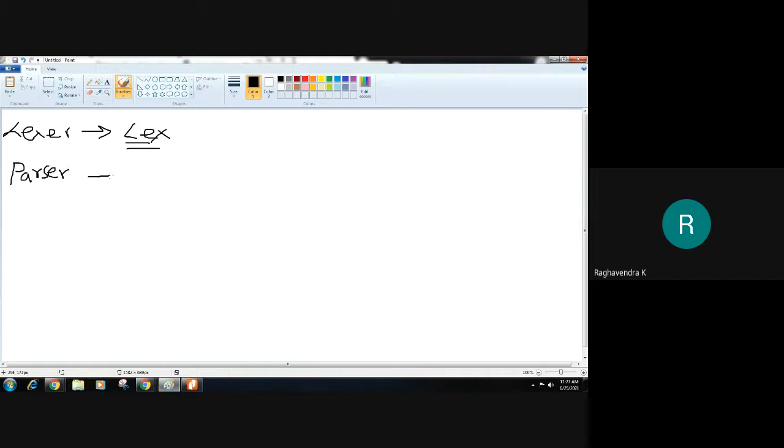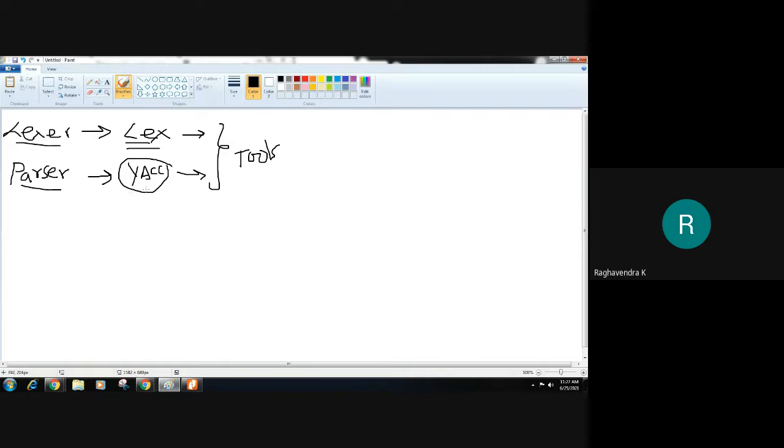We can develop a parser by using a tool called Yacc. What we did in Lex, a similar thing we are going to do in Yacc also, because both of these are similar tools that are used to develop a lexer as well as a parser, which will perform lexical analysis as well as syntax analysis, right? Now, how do we use this Yacc?